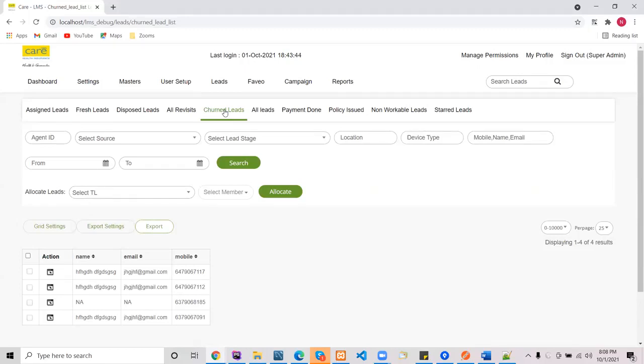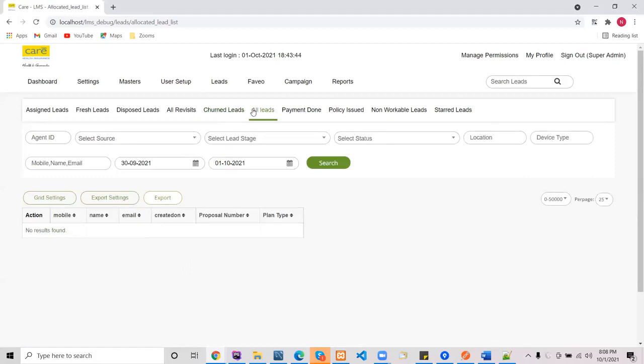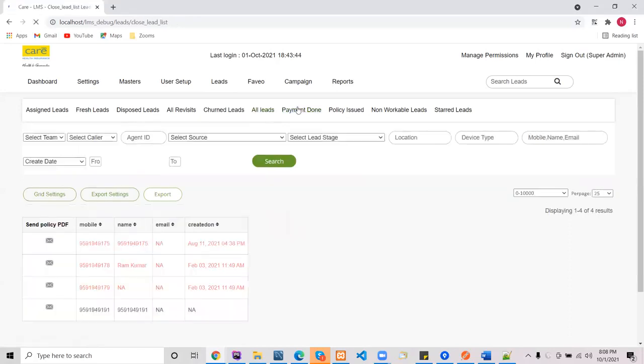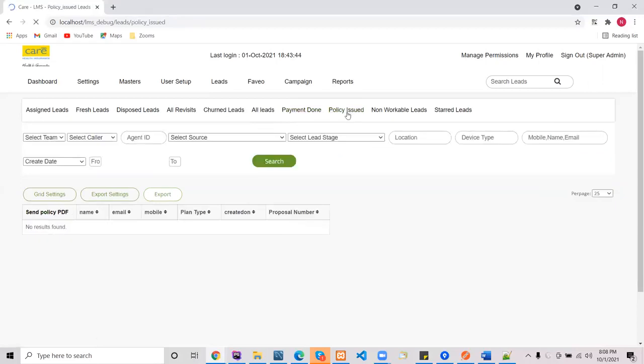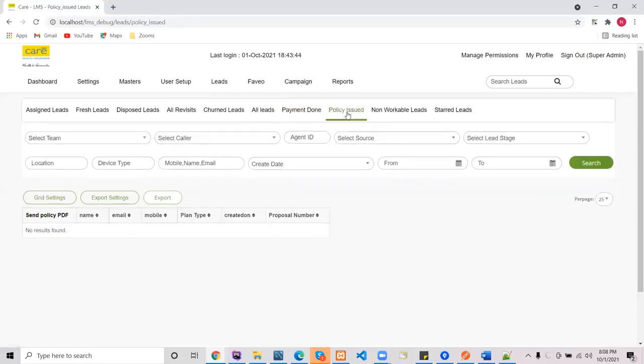So it is just one example. There are lots of other examples for churning as well. All leads, including assigned leads, revisits and fresh leads, all the leads will be displayed here. Payment done: for example, a customer has made a payment, so those leads will come under payment done. And policy issued: the customer has done the payment and the policy also got issued to him, so those will be